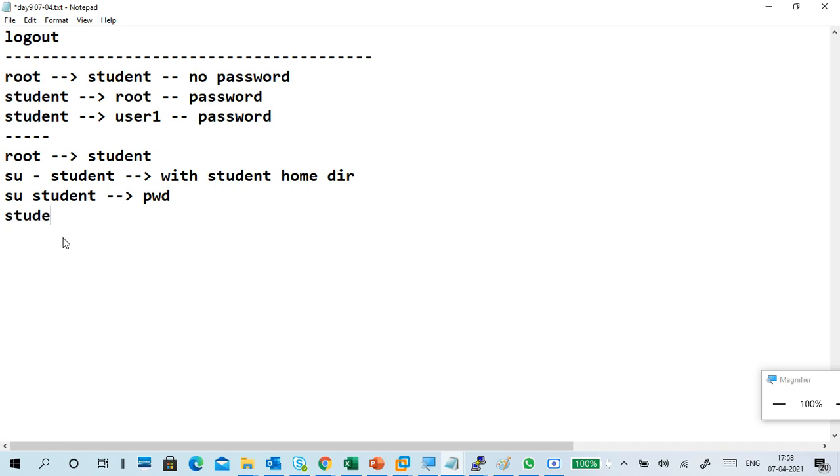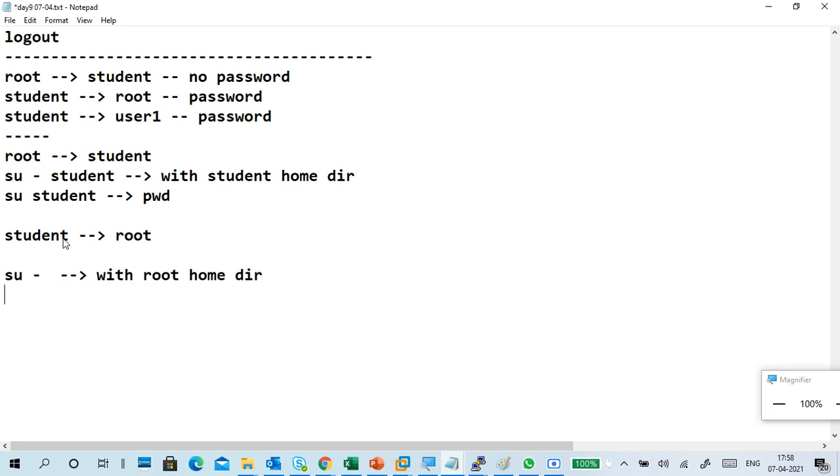For example, you are switching from student to root. The command is su hyphen, so with the root home directory.